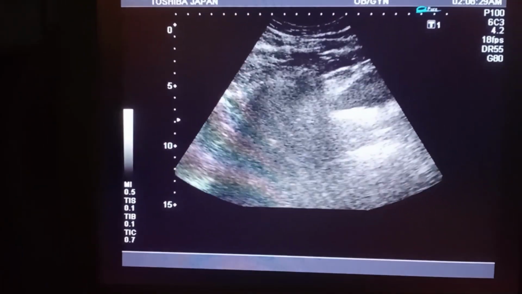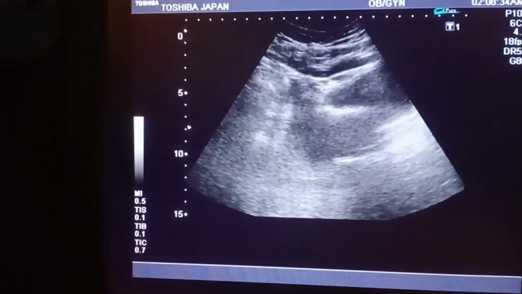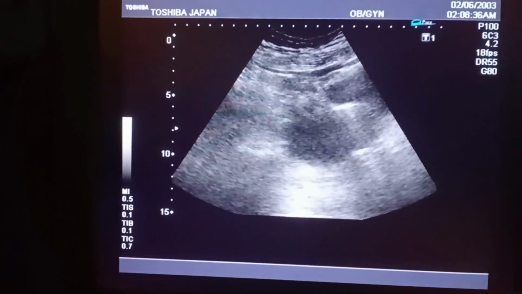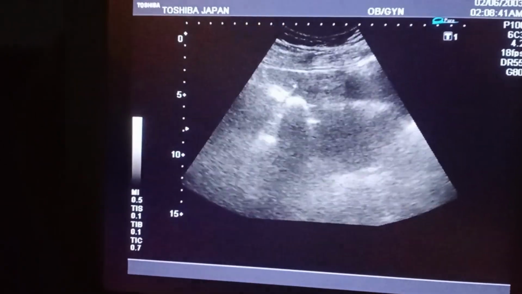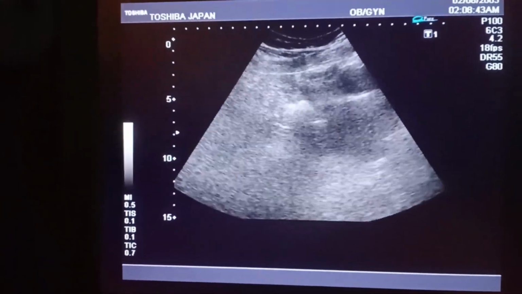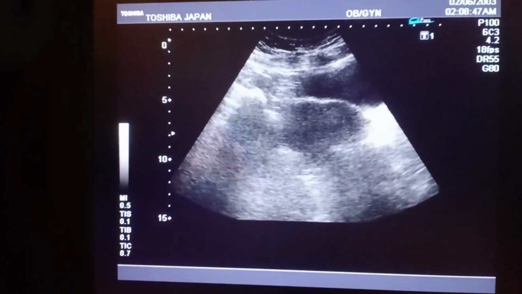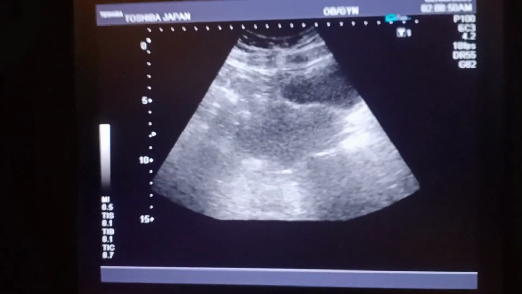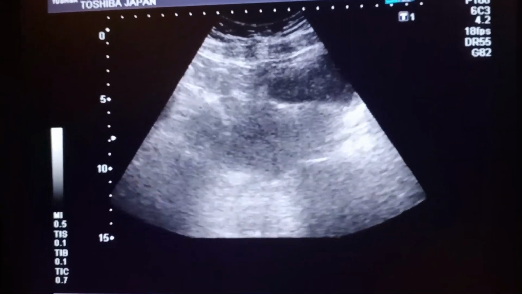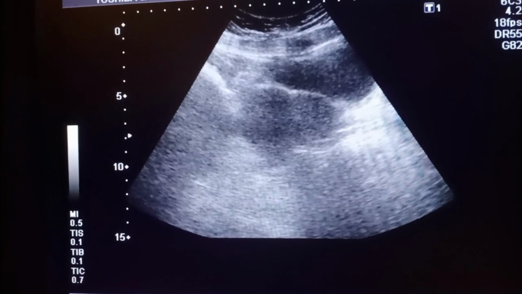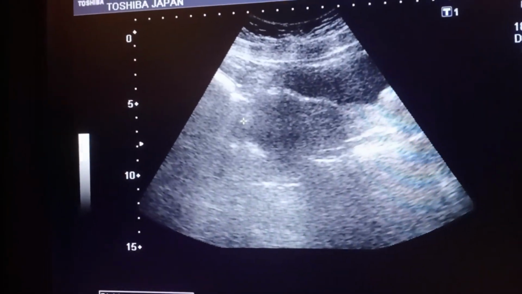So coming to the live case, this is the ultrasound scan of a 32-year-old female. She had a C-section a few months back. Now she presents with pain in the lower abdomen, especially on the right side, and with the bladder filled. When you do the ultrasound of the pelvis, you can see the AV uterus that is bulky,